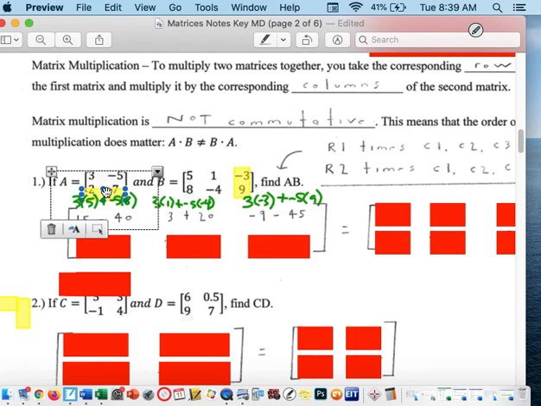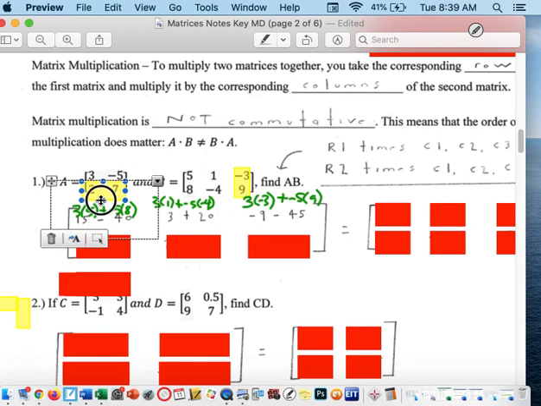I want to move my little yellow box a little bit. Okay, there, finally. So now we're going to take 2 times, we're going to need to go back to